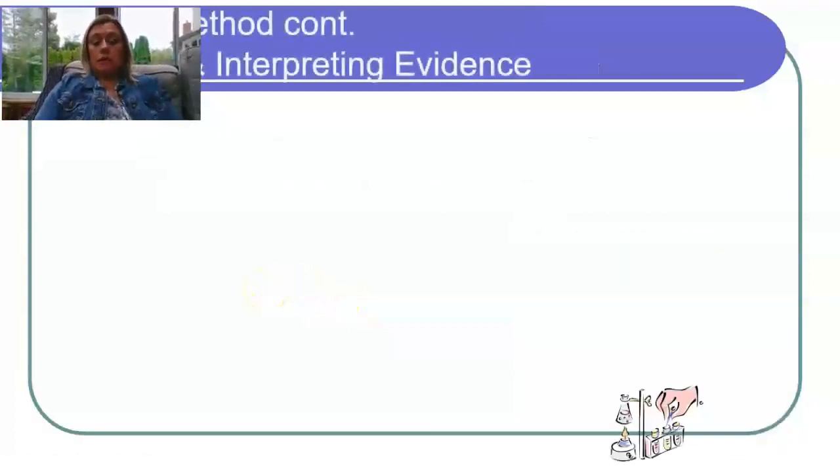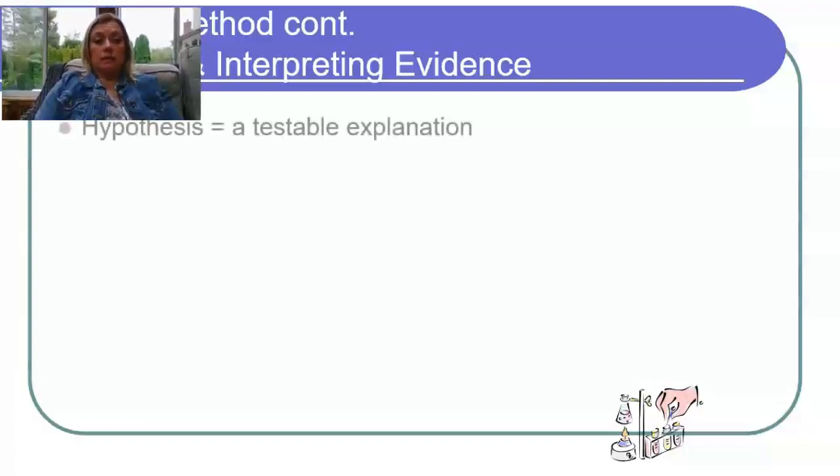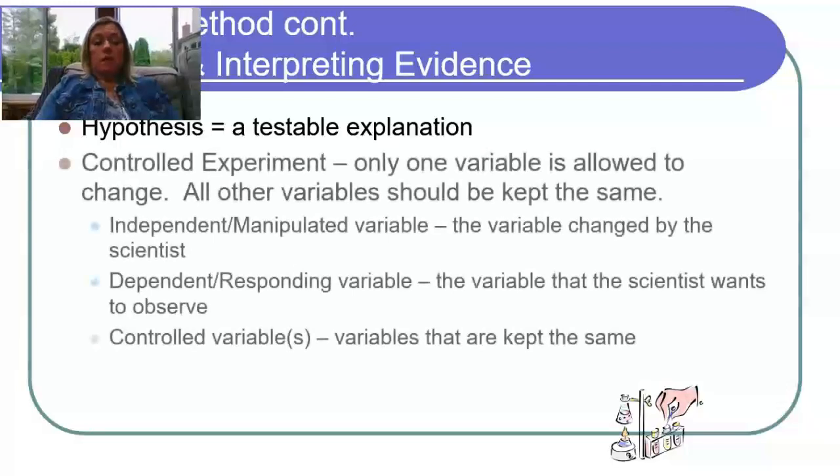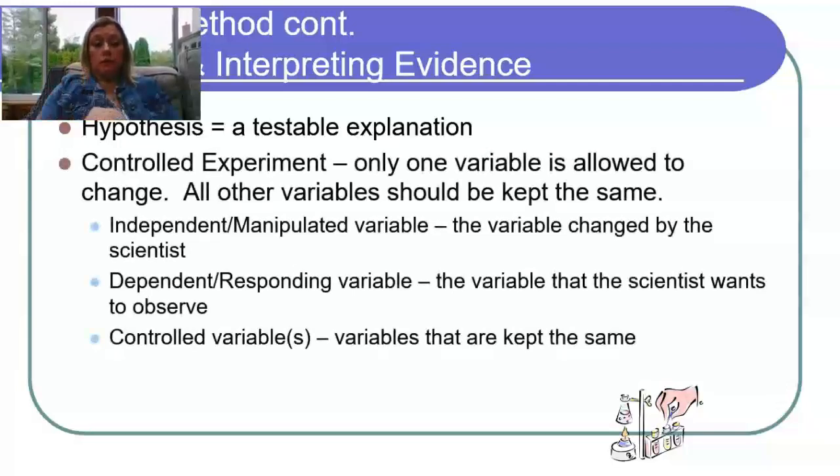All right, explaining and interpreting evidence. So what we do when we begin an experiment is to make an explanation for what we think is happening. We call it a hypothesis. We use a controlled experiment where only one variable is allowed to change. You have to keep everything else the same in the experiment, or you'll be testing different